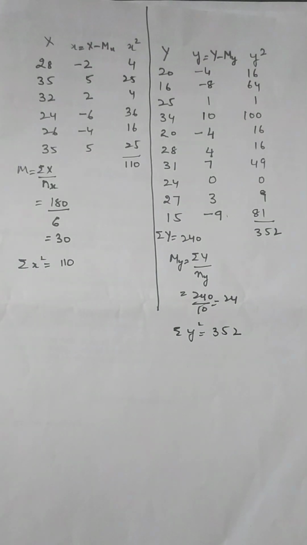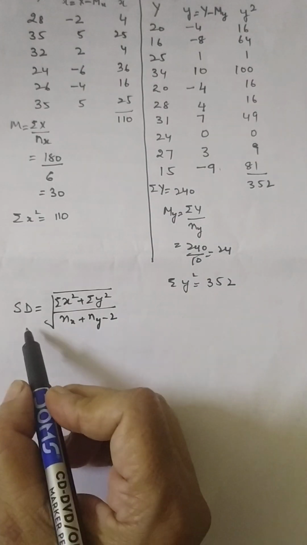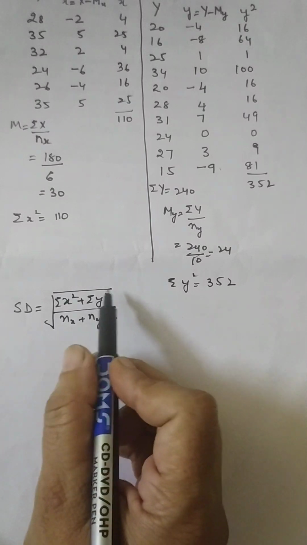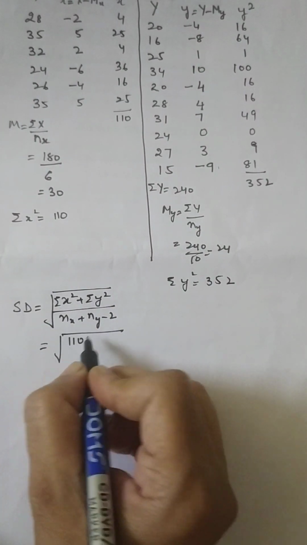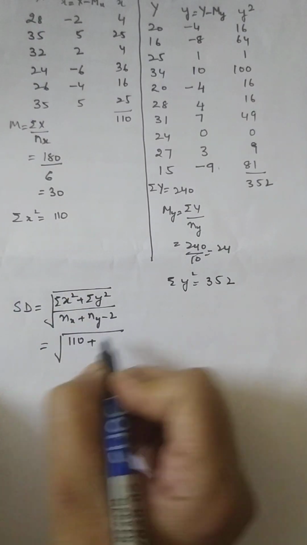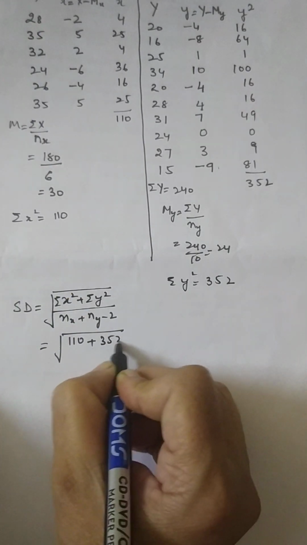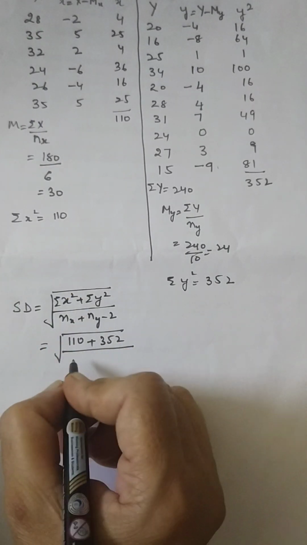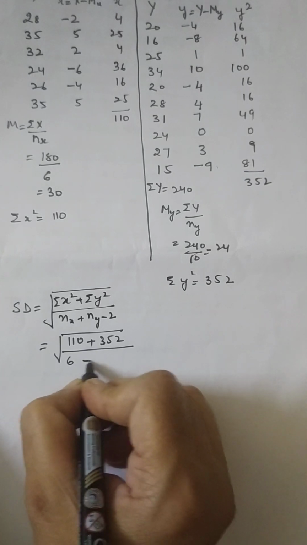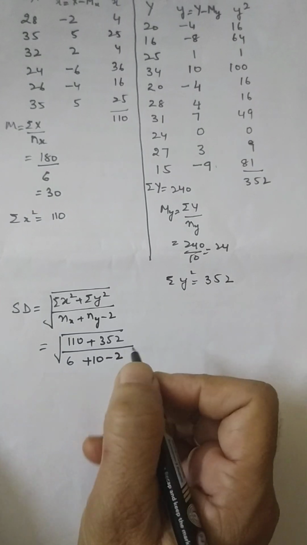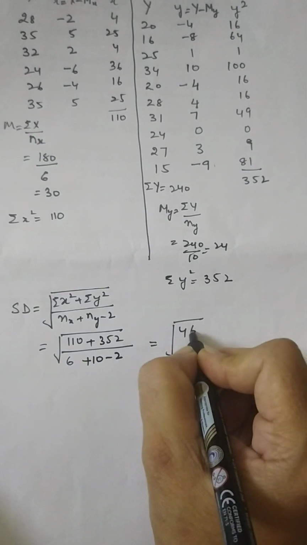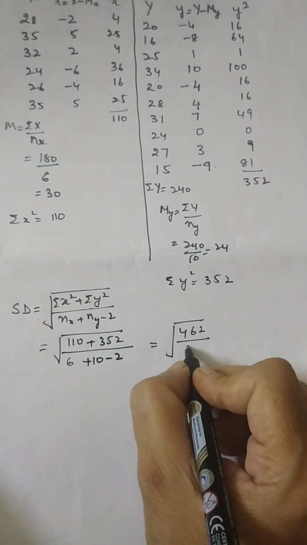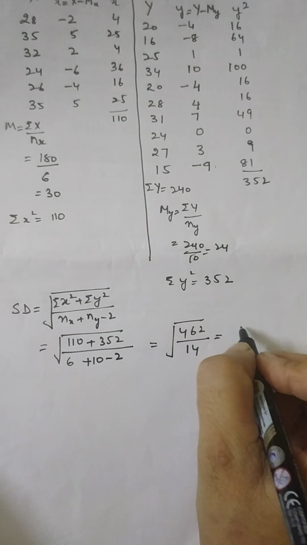Now we have to use the formula. We know that standard deviation can be calculated using this formula. If we put the values, we will get 110 from here plus 352 over 6 plus 10 minus 2. So this is 462 over 14, and it is equal to